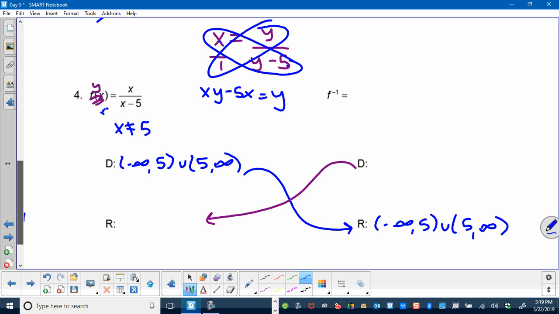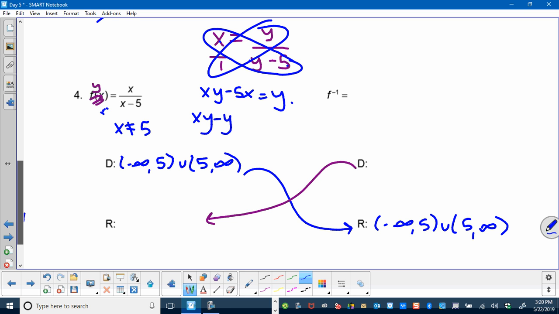Now, I need to solve for y. I need the y alone. So I need to collect all of the y's on the same exact side. So let's bring xy down. Who else has a y? Oh, yeah, this guy. So let's subtract him